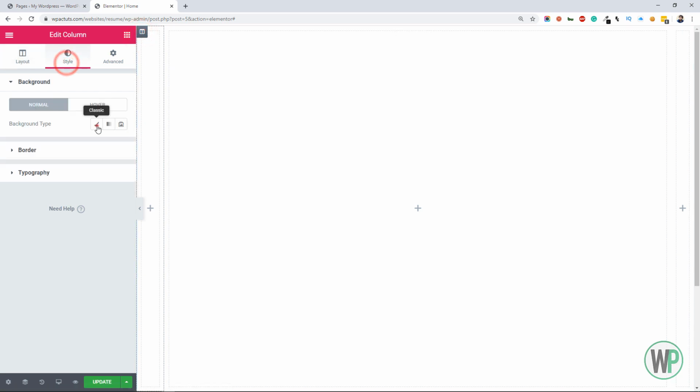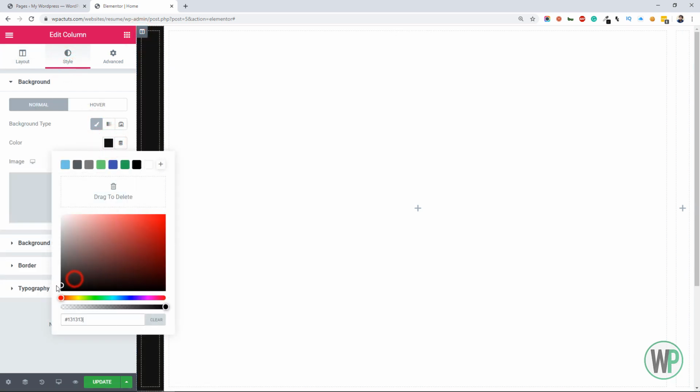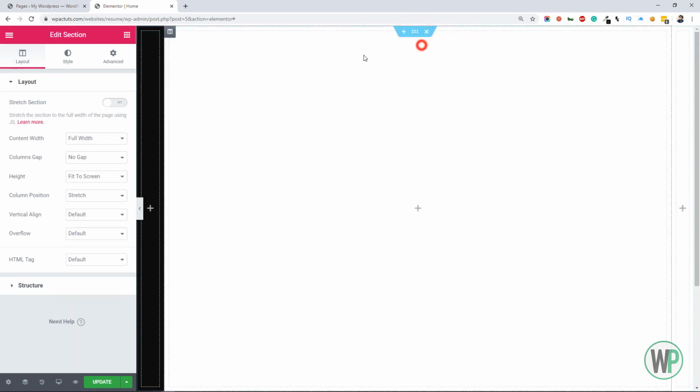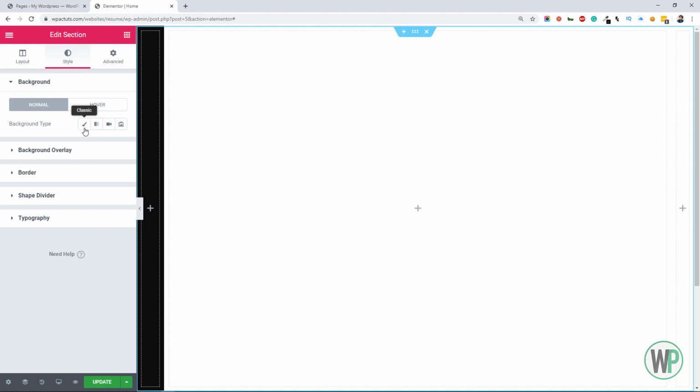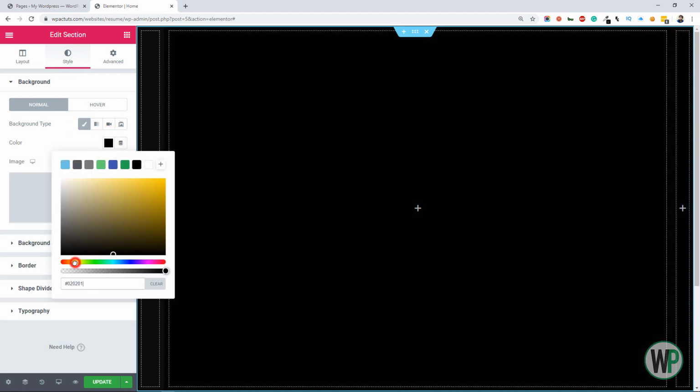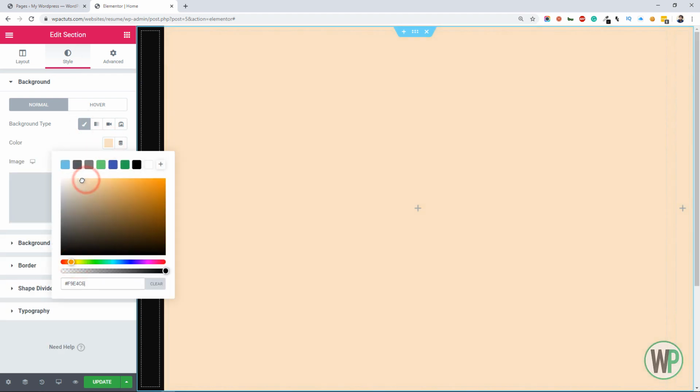Now give it a background color to left column. Give this nice light background to the section. You can adjust the color as you like.